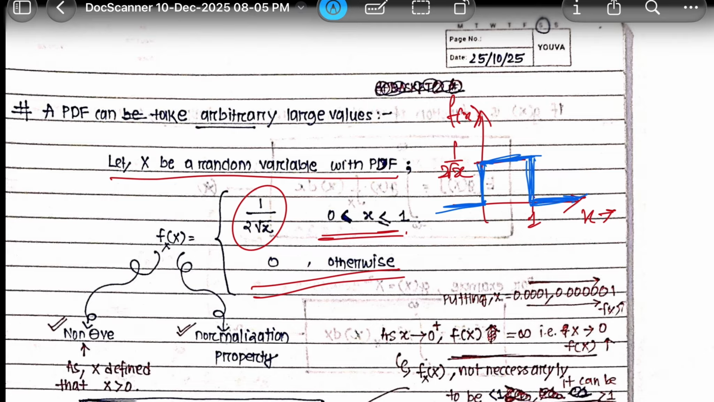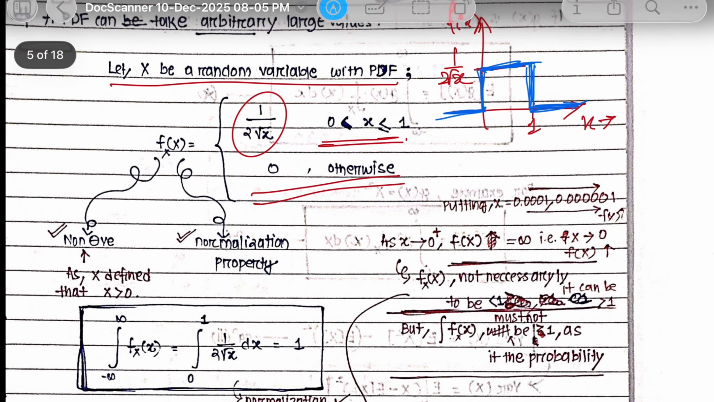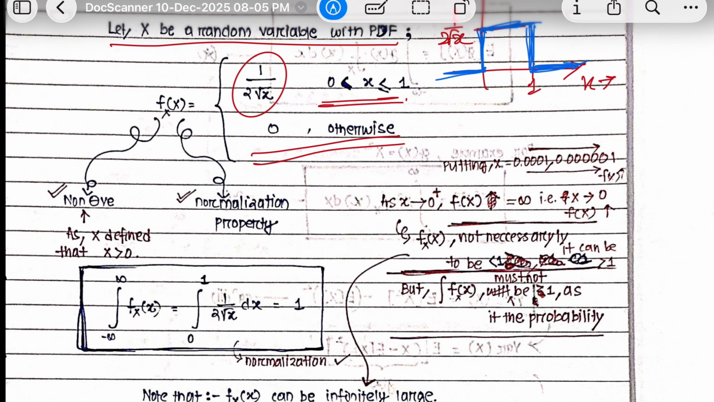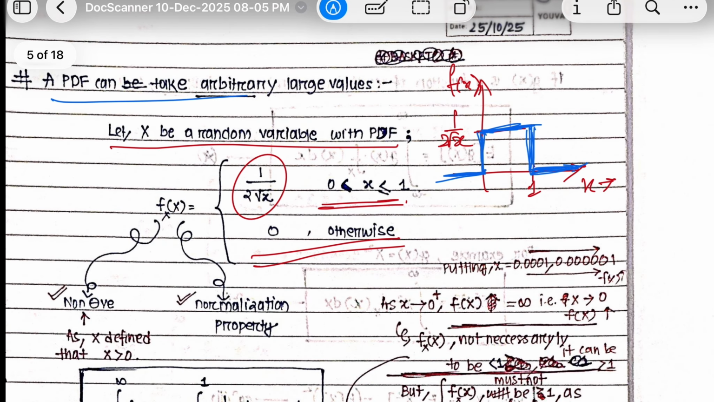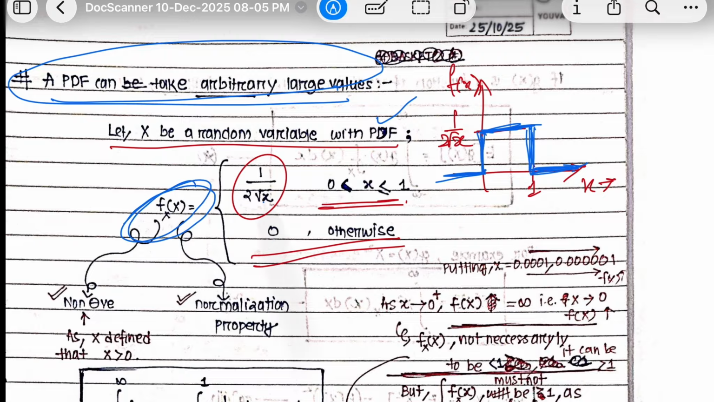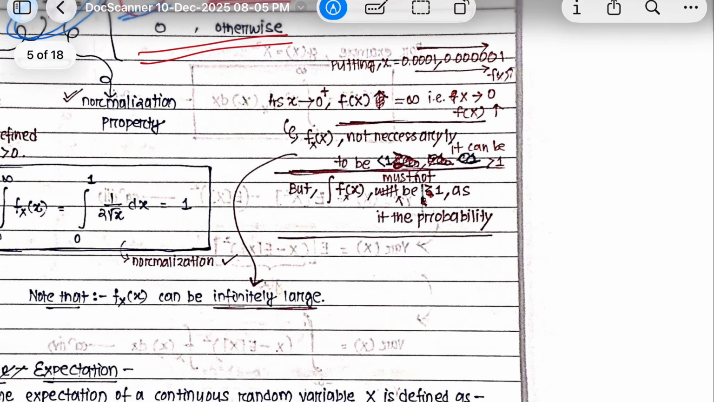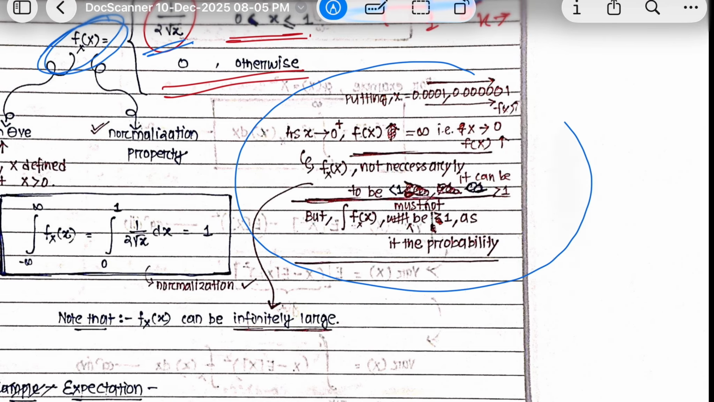Okay. For this condition also, this is the only thing, that the PDF can take a large value. So let X be a random variable with PDF f of x having the function 1 by 2 root x, defined from 0 to 1. For this, you need to understand this thing first. Okay,